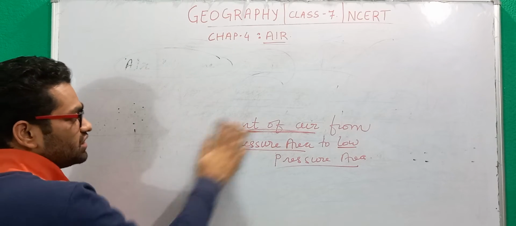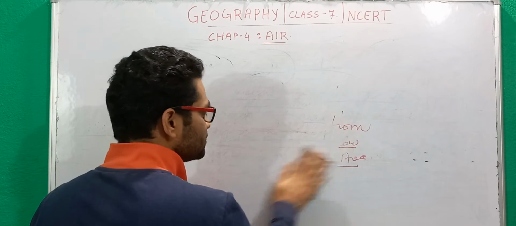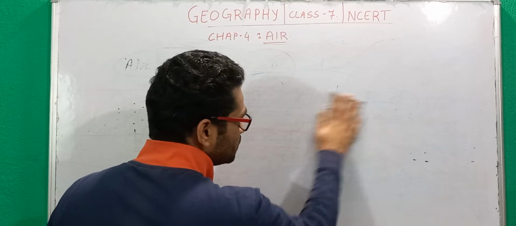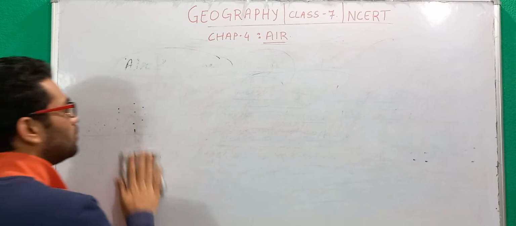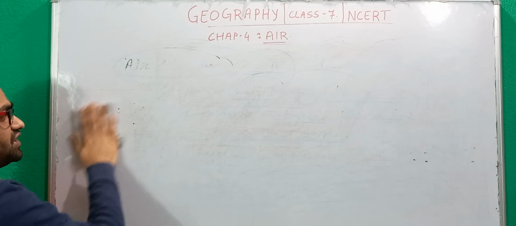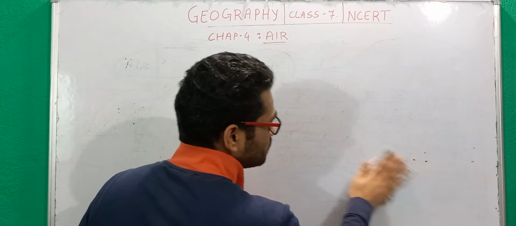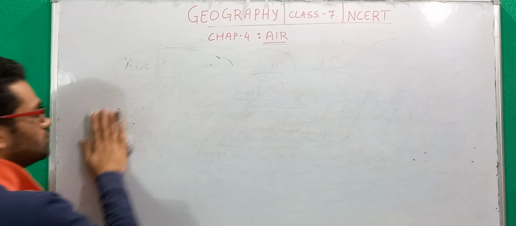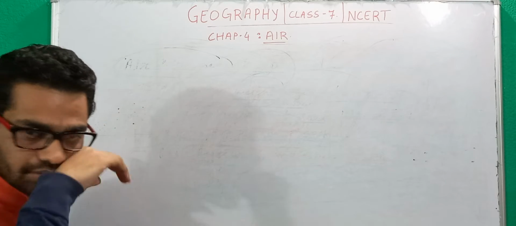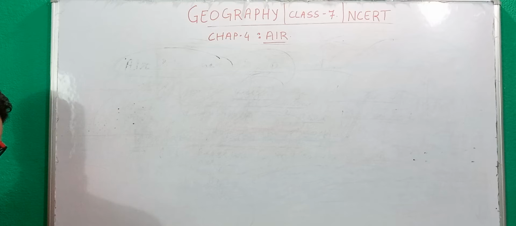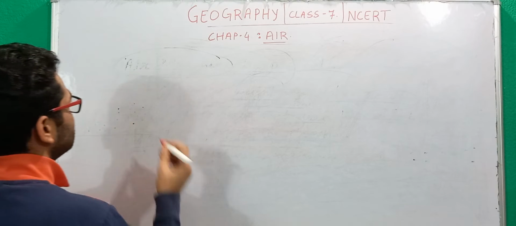Of course, there will be change in the intensity of flow, the speed of flow, but the wind will always flow. The speed may change, but this wind will flow. It will continue to flow. That is something that will never stop. So when I talk about types of wind,